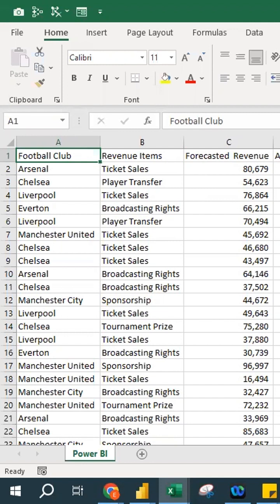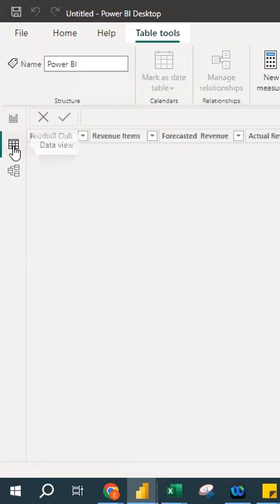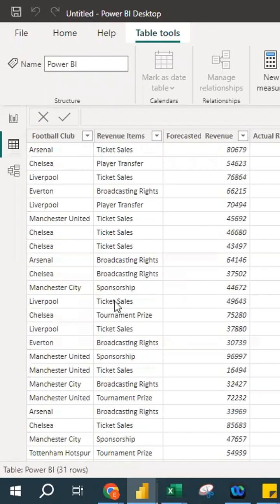So just now I have already extracted the file into Power BI, right? Of course, this is arranged in alphabetical order. And as you can see over here, this is the report view. In this report view is where we are going to build the dashboard and visualization. But I'm also going to show you the data view. Data view means the table format of the data. As you can see, this is the table format whereby we have the football club, revenue items, forecasted revenue, and